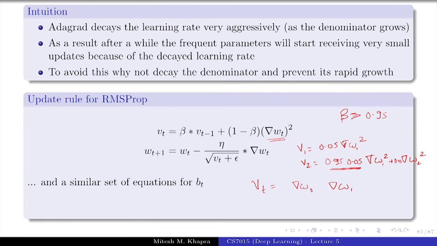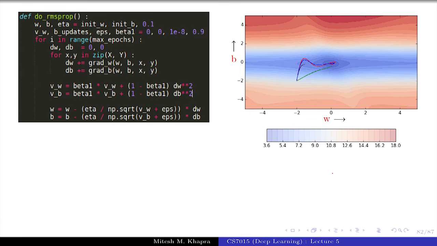And you see now that at each step, this is going to get multiplied by this quantity and shrink further. So now I'm not aggressively growing the denominator. I'm not considering the full gradient, but only a fraction of it, and in fact a very small multiple of it. So I'm still accumulating the history, but I'm not being very aggressive while doing that. So you understand this? Everyone gets this? Okay, so now let's see what would happen if we run it.